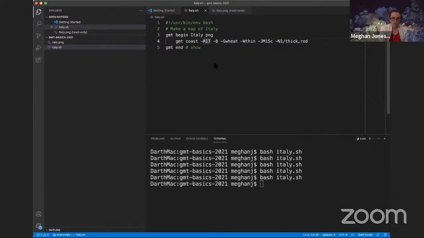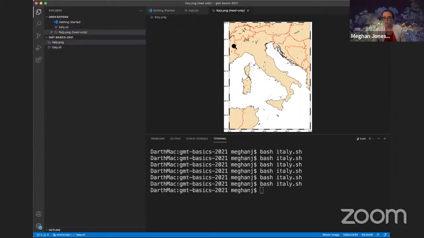Modifiers in GMT refer to anything that's appended to these options that looks like a plus and a letter, or a plus, a letter, and then additional text. That's what we call a modifier, and it modifies the behavior of that option. So we do +R2, which will round the region to extend it a little bit past Italy. So now you can see that there's a little bit more boundary separating Italy from the edges of the plot